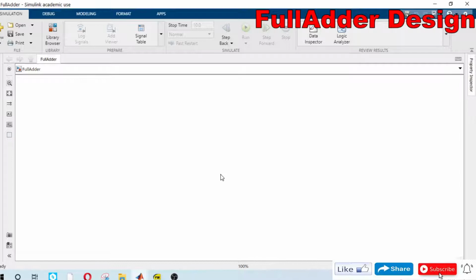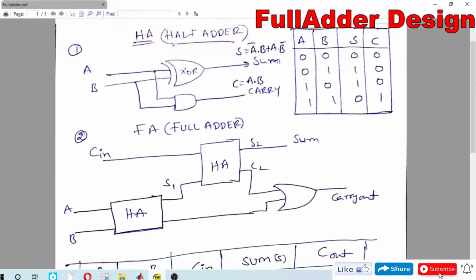Before that we will go through the requirements. I've done a requirement in here. Full adder can be designed by using two half adders and an OR gate. First we will start to design a half adder. For this we have two inputs A and B. We need to have one block which is XOR gate and one is AND gate, and the outputs are two outputs, sum and carry. This is the truth table. Inputs 2 and outputs 2.